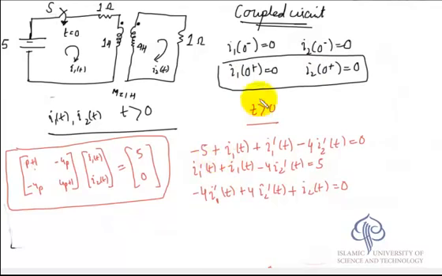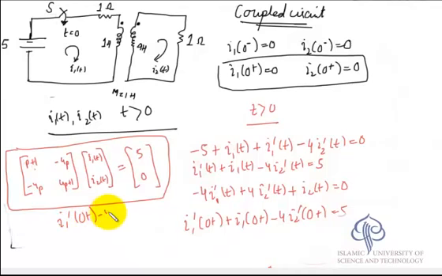If you substitute at 0 plus for the first equation, you can write I1 dash 0 plus, I1 0 plus, minus 4 I2 dash 0 plus is equal to 5. So you know I1 0 plus is 0, so you can write